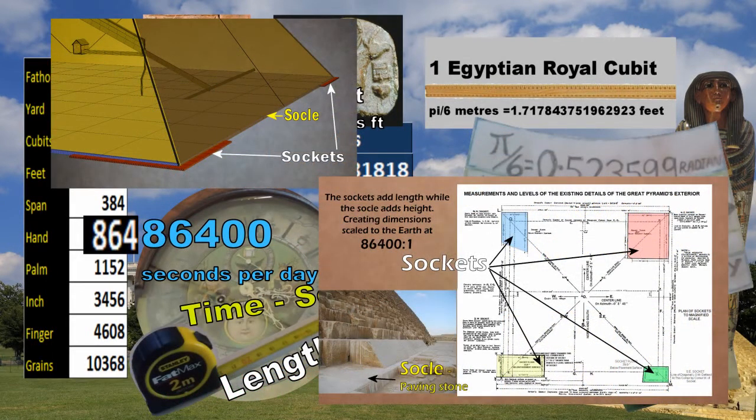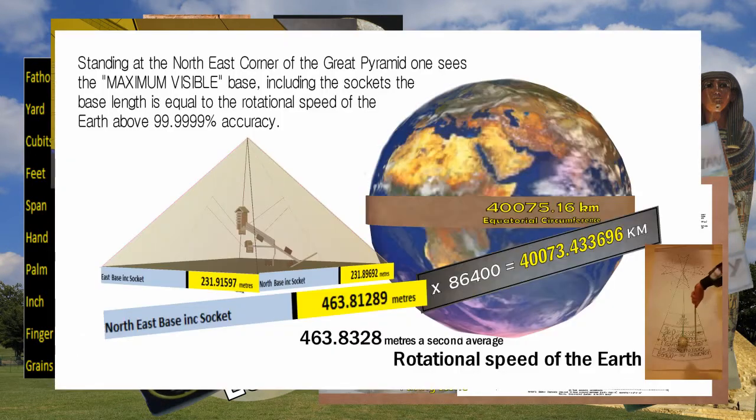Okay, so the Great Pyramid, the ratio I would contend is not 43,200 to describe half of the Earth, it's 86,400 to describe the whole Earth, also seconds, a meter, and the Royal Egyptian cubit. Now the sockets at the corner give the pyramid a little bit more length, and they're different on each corner. But if we look at the northeast corner, including the sockets, and we multiply that by 86,400, as in seconds per day, and the second and the meter and the Egyptian royal cubit are all connected, well, what we get is